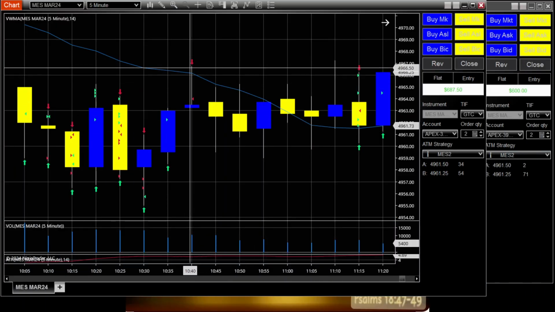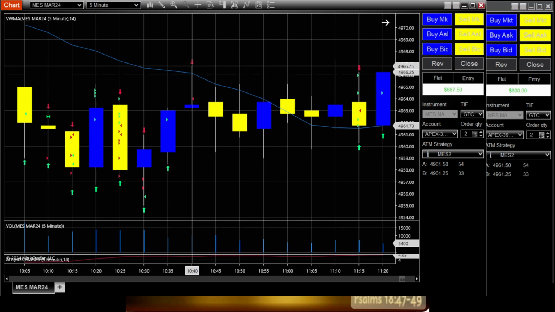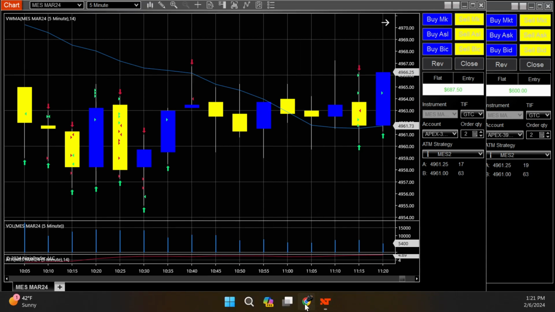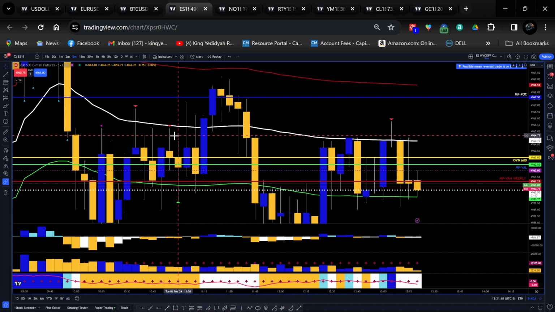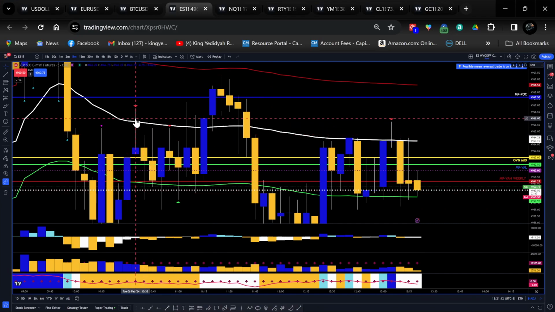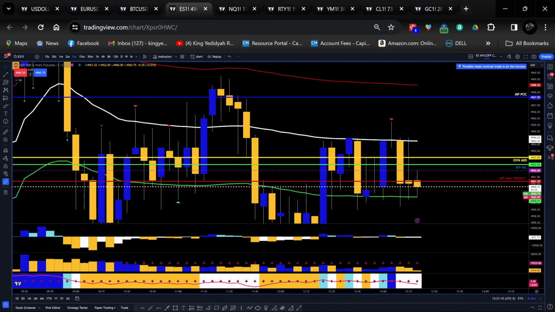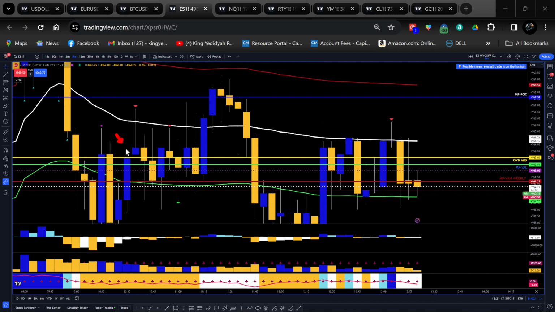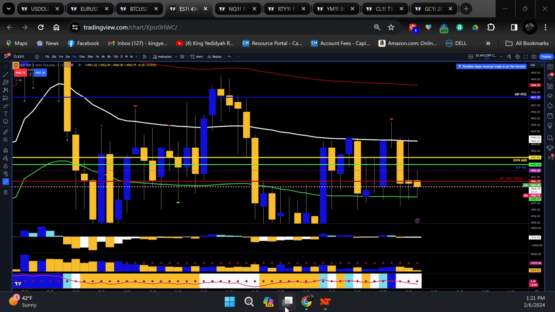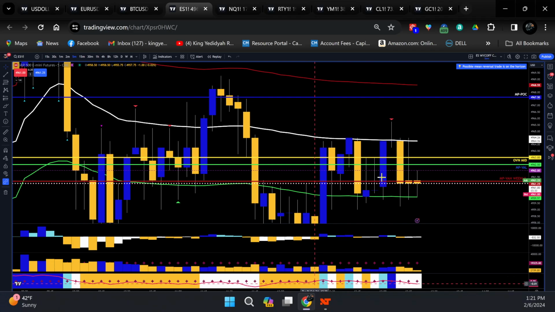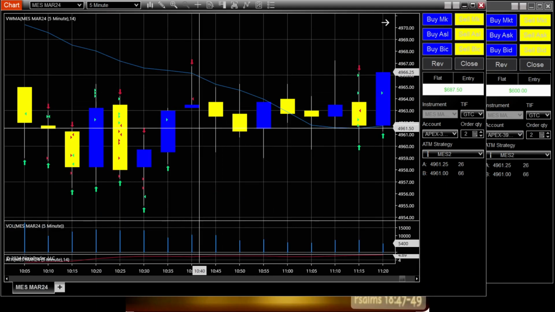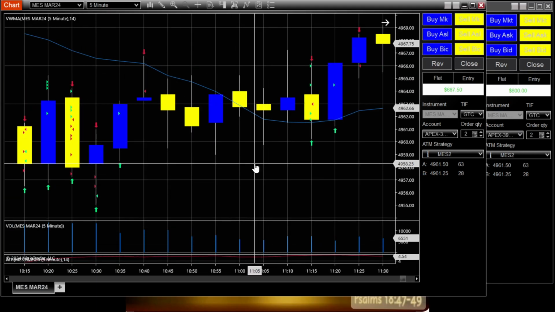It was basically a scalp because we rejected off VWAP at 10:40. So let me go back to this here. 10:40, which is this candle right here. I tried to catch the breakout here, but only got a little bit because we rejected off VWAP, which is that white line. I was trying to stay nimble and not overstay my welcome. Let's see what the next trade was right after that.